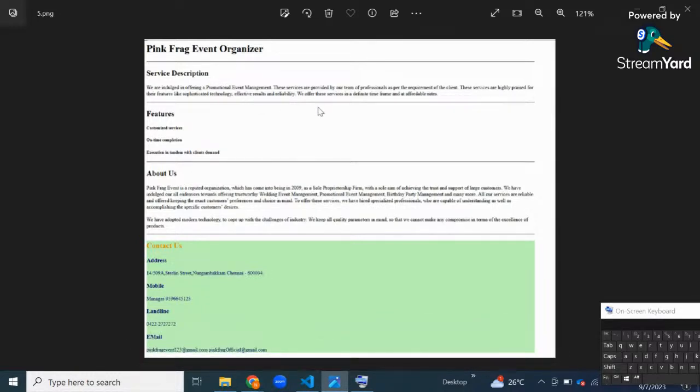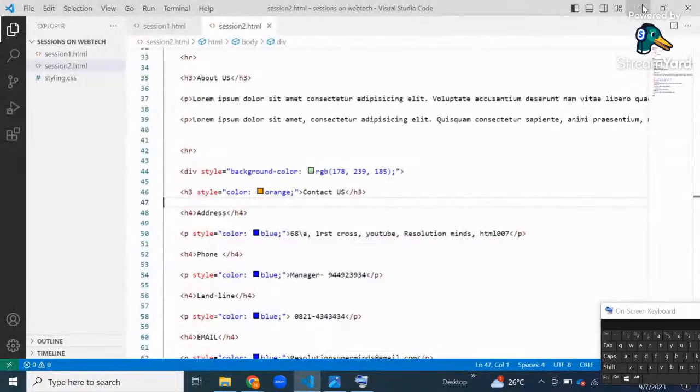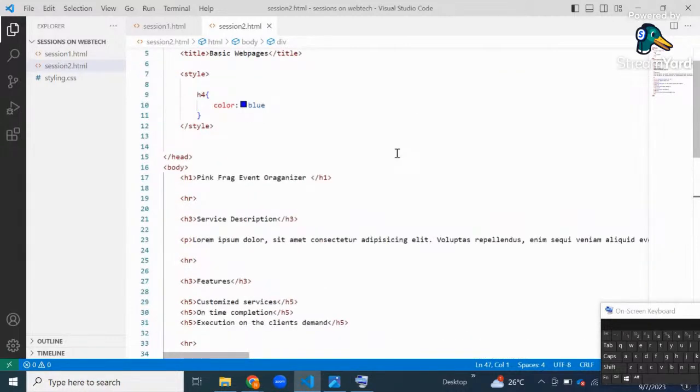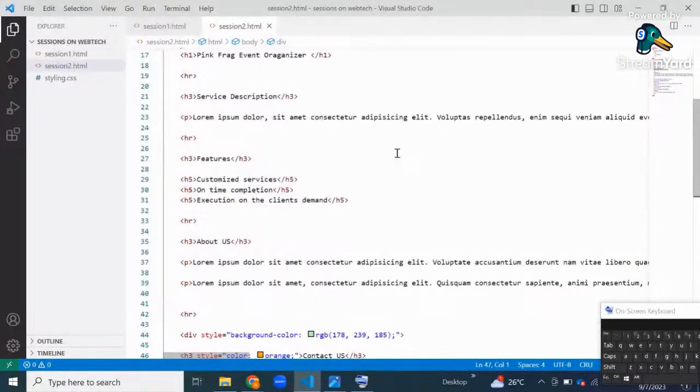Right. So what can I do? We can change the properties of the line also. That means I can change the thickness of the horizontal rule. How, if you ask me? We can make use of something called